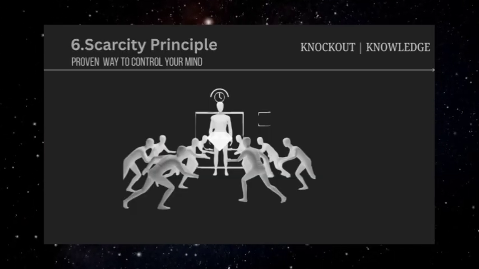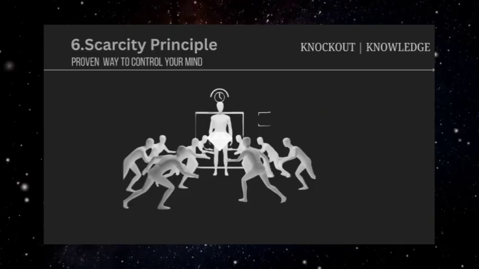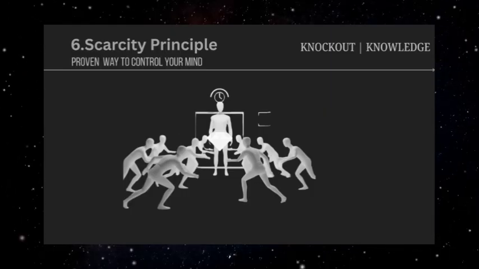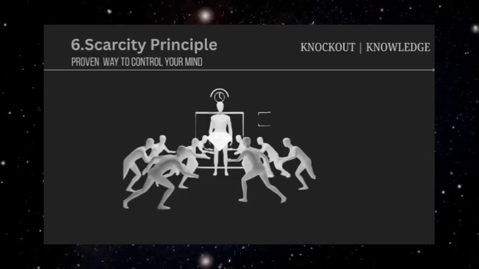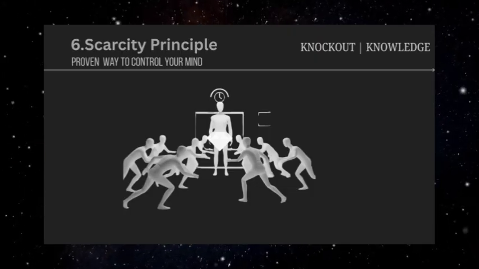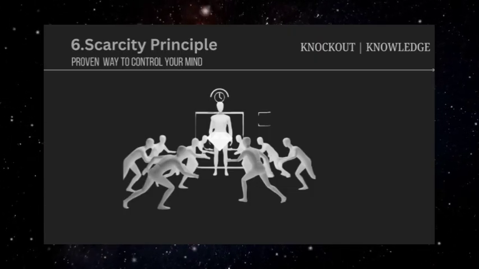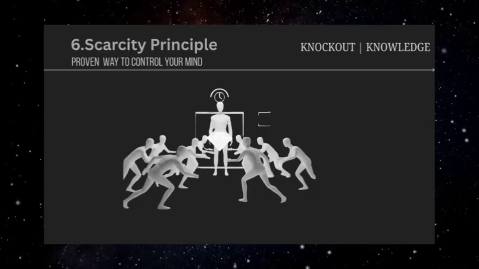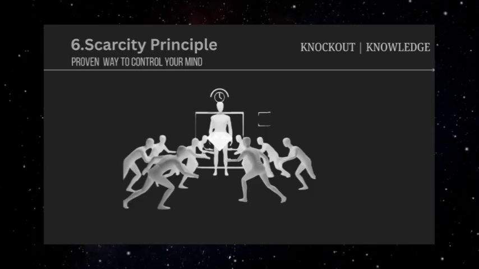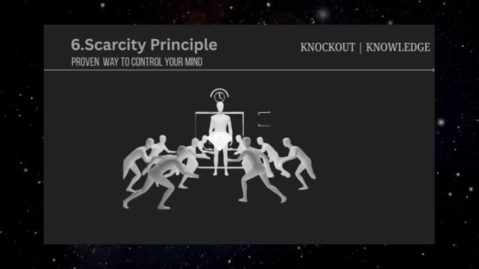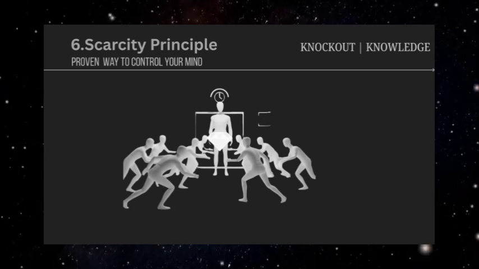Time-based scarcity is particularly powerful because it adds urgency to the equation. "This offer expires at midnight," or, "You need to decide by Friday." The time pressure prevents careful consideration and encourages impulsive compliance. Often, these deadlines are entirely artificial. The offer could continue indefinitely, but the deadline creates psychological pressure to act quickly.